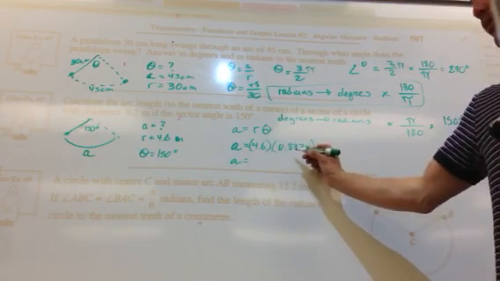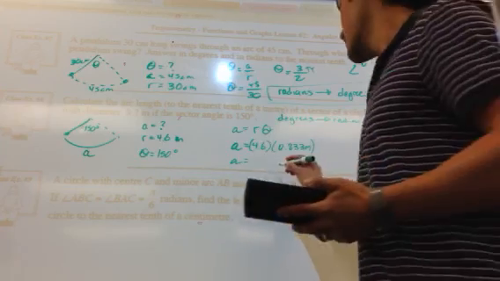So by 0.83333 pi, we're going to get my arc